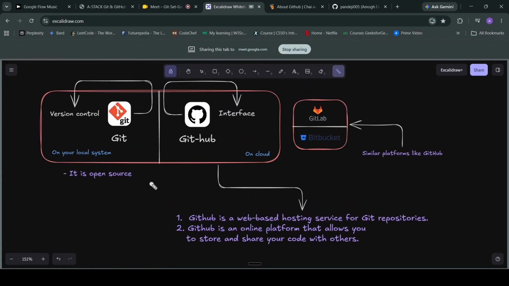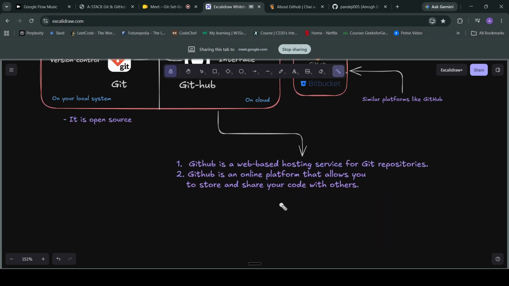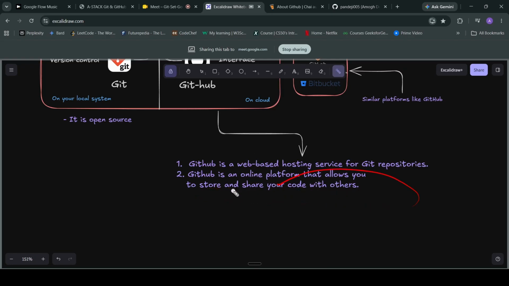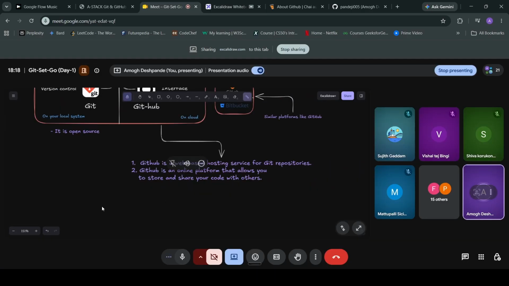But the repositories on Git, only you can access, because they are on your local system and not on cloud. GitHub is an online platform that allows you to store and share your code with others. This is where collaboration workflows come in. You can share your code with others and others can work on your code. Hope this is clear.